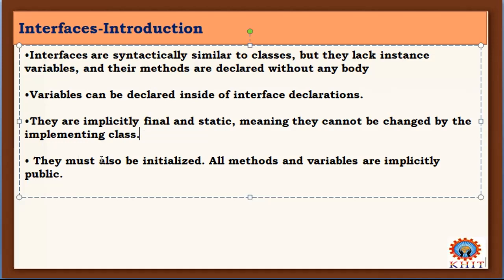Next, they must be initialized. All methods and variables are implicitly public. So there is an access specifier for methods and variables in an interface, which by default is public. Okay, so these are some of the points for the interface.